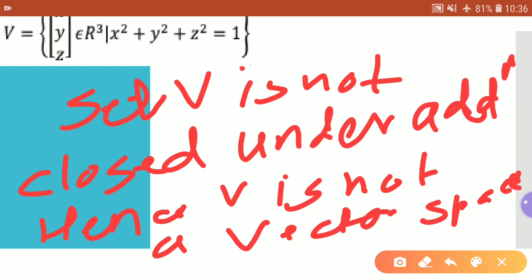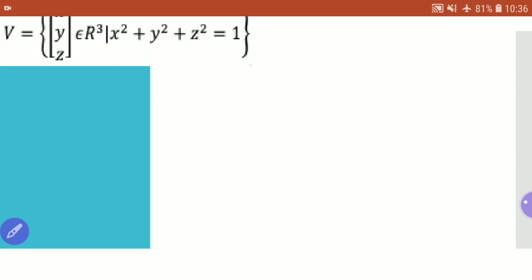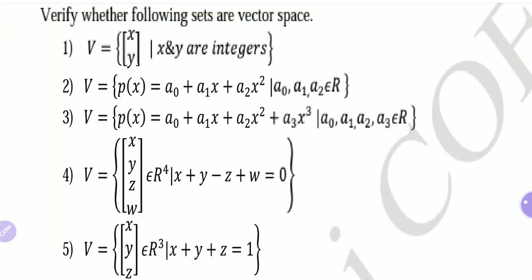Fine. So in that way, some examples may result in not a vector space, and some examples may result in a vector space. Some sets V will satisfy all the 10 properties, and some may not. So you need to check: if one of the 10 conditions is not satisfied for that set, then we can claim that set is not a vector space. Now these are some examples that I am leaving for you, just try to practice them.